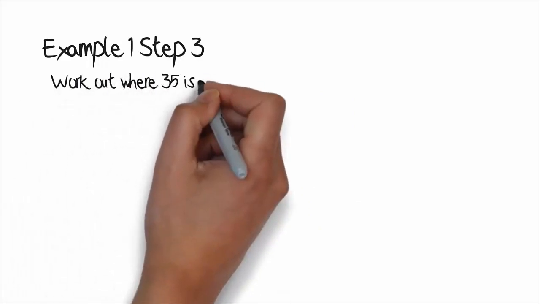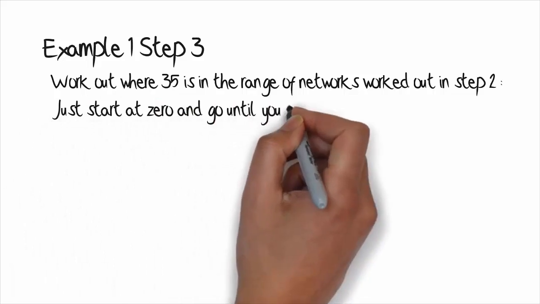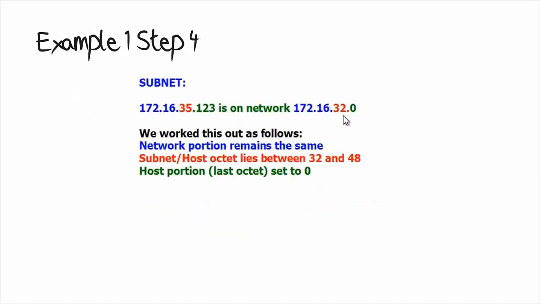So in step 3 we work out where 35 fits in the range of networks worked out in step 2. Now in step 2 we worked out that 256 less 240 is 16. So our networks are in multiples of 16. So just start at 0 and go until you are past the value in the question. So as an example, the first network would be 0 in the third octet, the second network would be 16 in the third octet, the third one would be 32, and the fourth one would be 48. So 35 sits somewhere between 32 and 48,